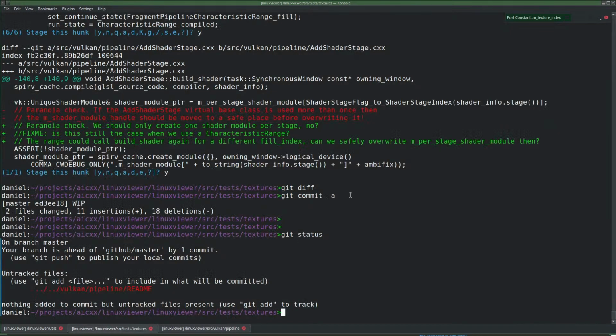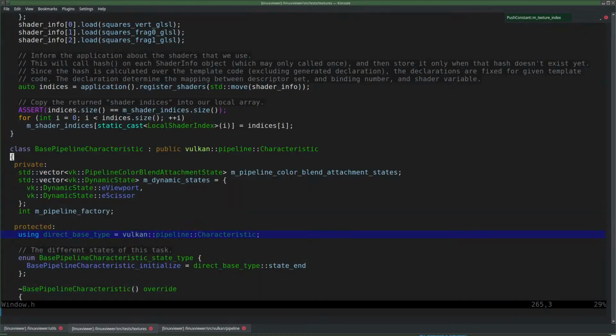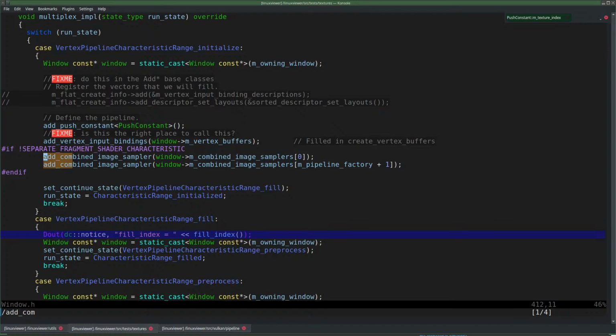So if we look at window.h, and then you see here add combine something. So these combined image sampler objects in the window class are then